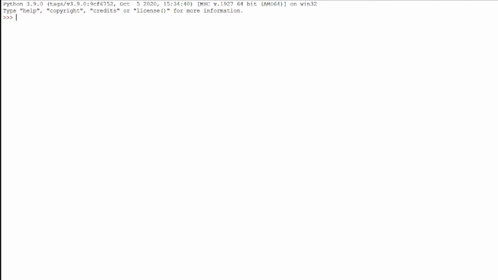Now we will discuss everything clearly in the demonstration part. Let us take s is equal to hello world. If you want to print s, you will get hello world. Now let us start with the len function. This is used to find the length of a string. For example, if you take length of s, it will give you 11.